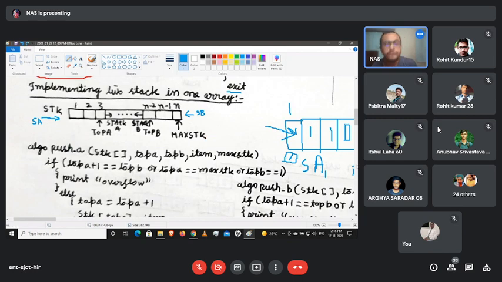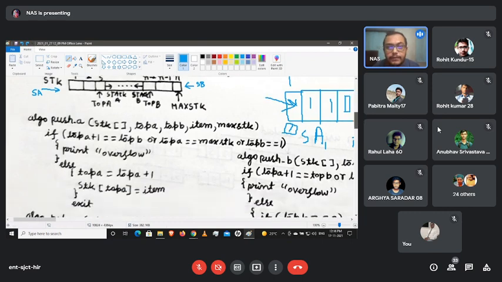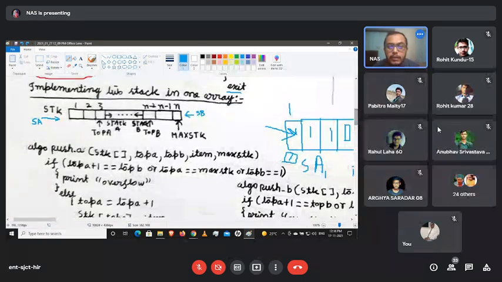Okay, so now first we are using the push operation of stack A, so I'll go push A. What are we going to require? We require the array name or the stack name. So stack, top A, the pointer which is pointing the position of the stack A, and top B, the pointer which is showing the position of the stack B.